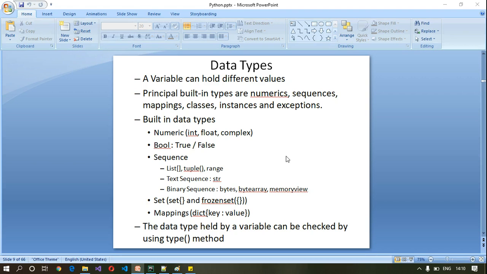Hello and welcome back. In today's session, we will take a look at binary sequence. Binary sequence consists of bytes, byte array, and memory view. As I have told in the earlier session, bytes, byte array, and memory view are used with binary data. As the name says, bytes holds byte values. Byte is nothing but